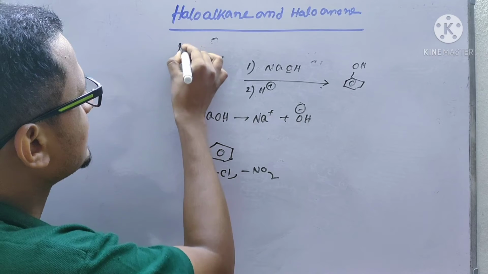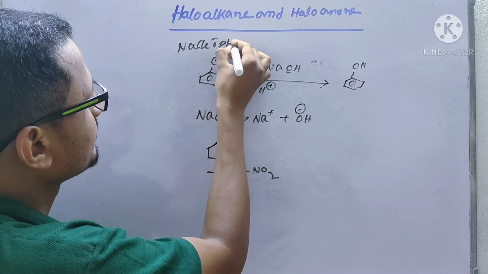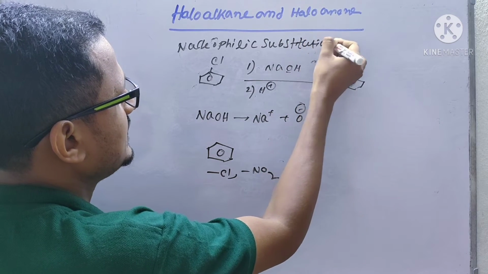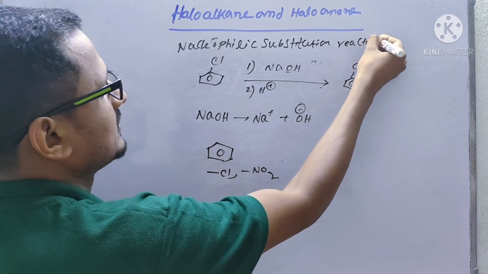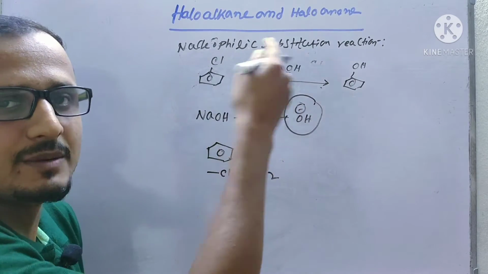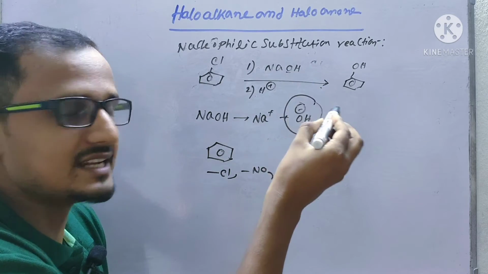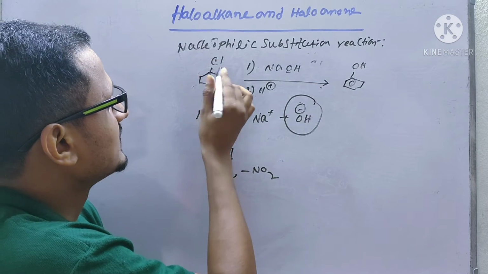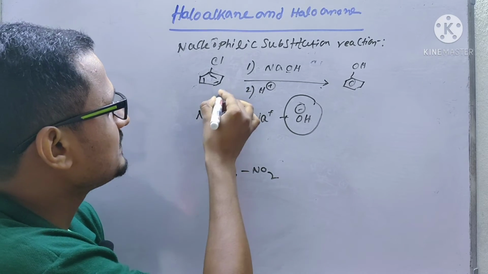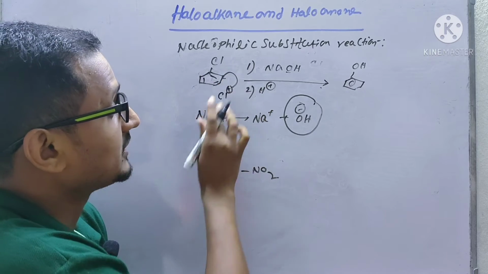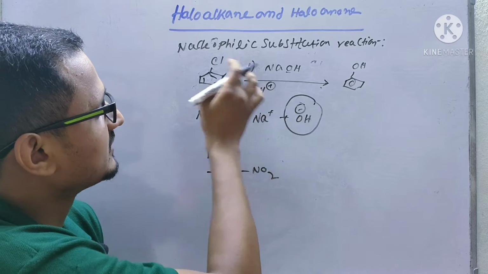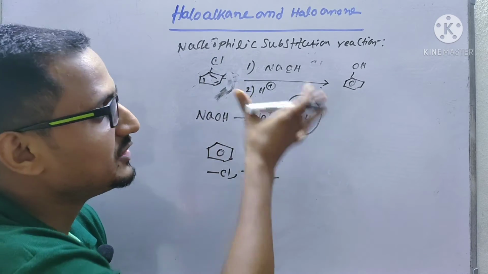So this one is nothing but a nucleophilic substitution reaction. Which one is the nucleophile? Here OH minus is the nucleophile. Now in the previous case we have seen that Cl plus can easily attack the benzene ring, because it has six pi electrons, so any positive charge can attack here easily. But how can this negative charge attack here? How can this negative charge replace this one? That will be the nucleophilic substitution reaction.